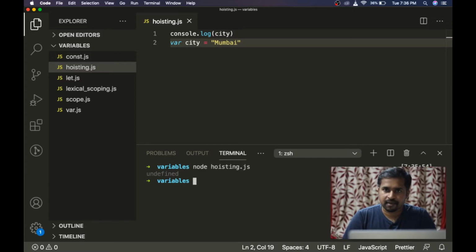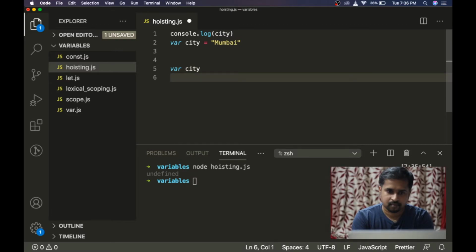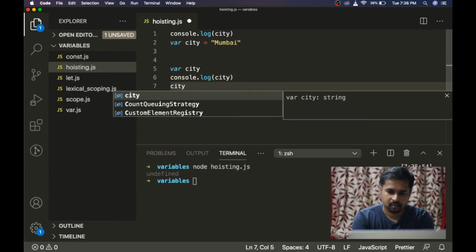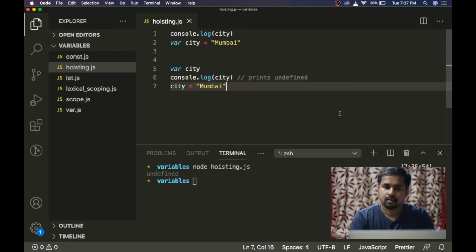And the reason for it is JavaScript interprets the above two statements as separate declaration and assignment, so this property of JavaScript of bringing the variable declarations at the top before the code execution is called hoisting. In JavaScript, not only variables but also functions get hoisted. So